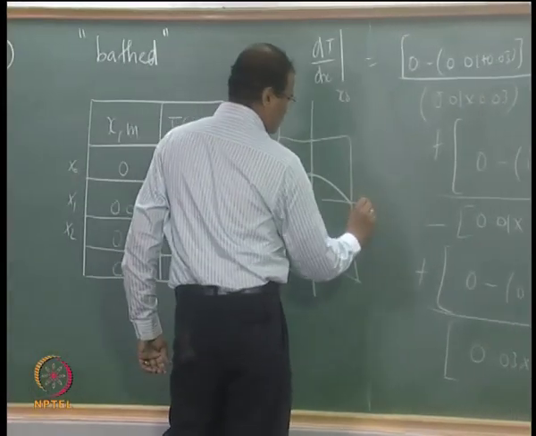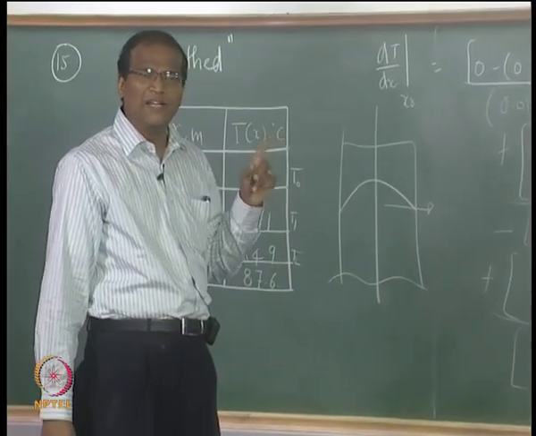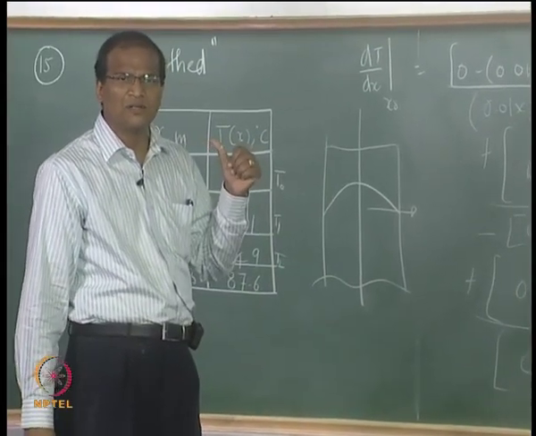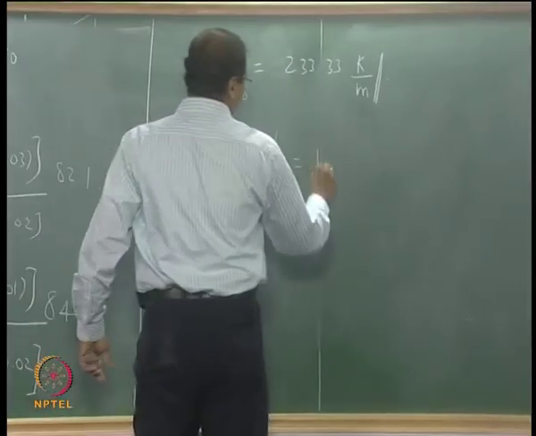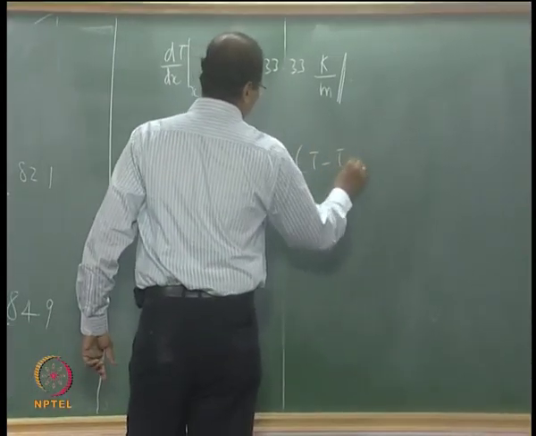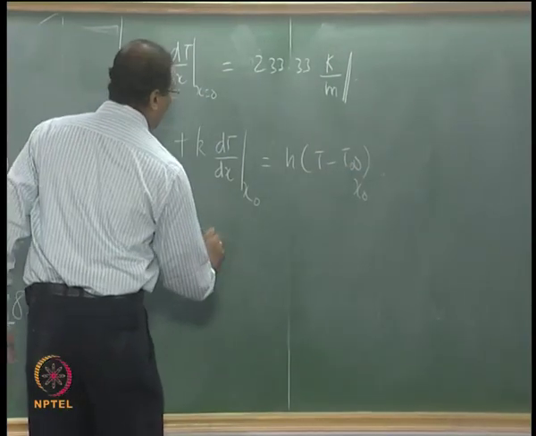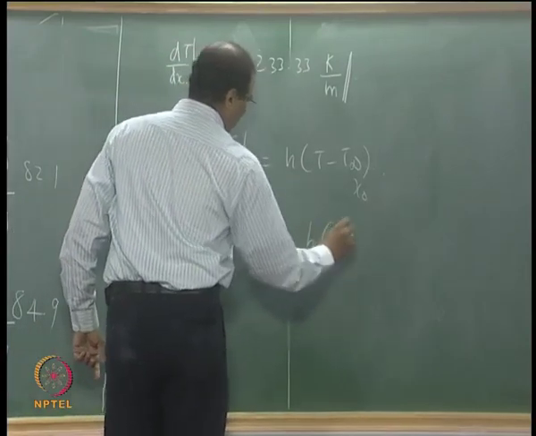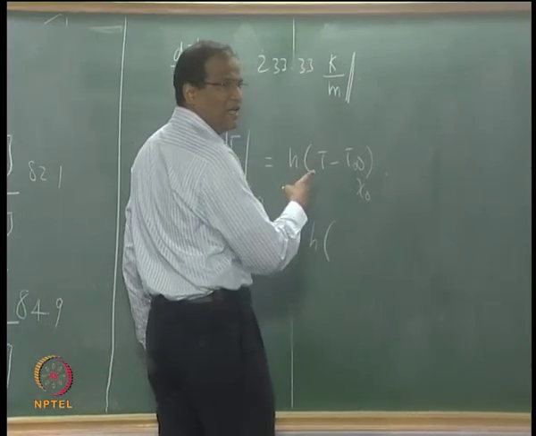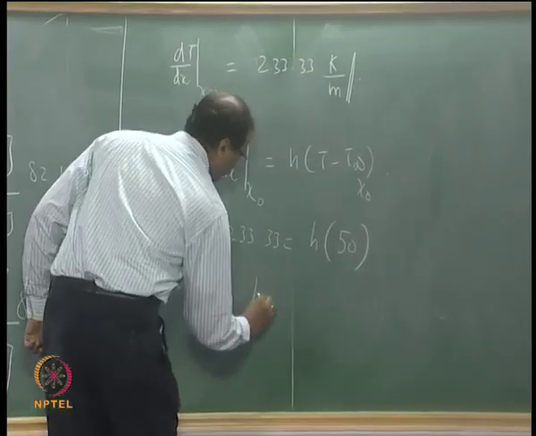Like this, okay. So x is in which direction for us? Therefore we have to adjust this. 80 minus 30, 50. So h equal to